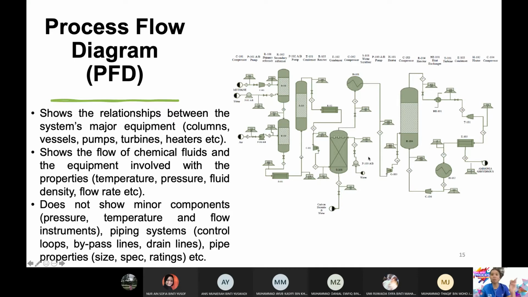Even this pun saya rasa complex. This is for your senior tau. Ni bukan daripada literature. This is your senior. So you can see actually this is already quite complex. And kamu bayangkan dia kena buat mass balance untuk setiap ni. Setiap satu part line ni dia kena buat mass balance. So this is actually considered quite complex. But to be honest, your senior did this, you know. So it's actually very doable nak buat sebenarnya.